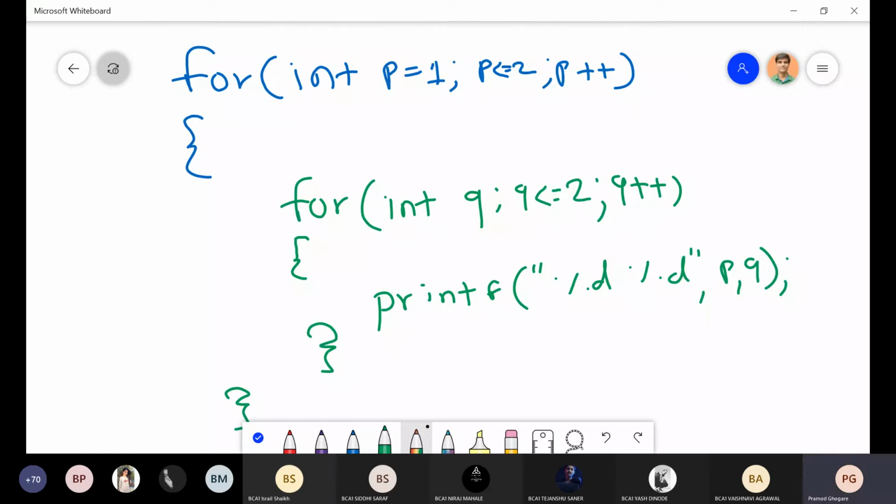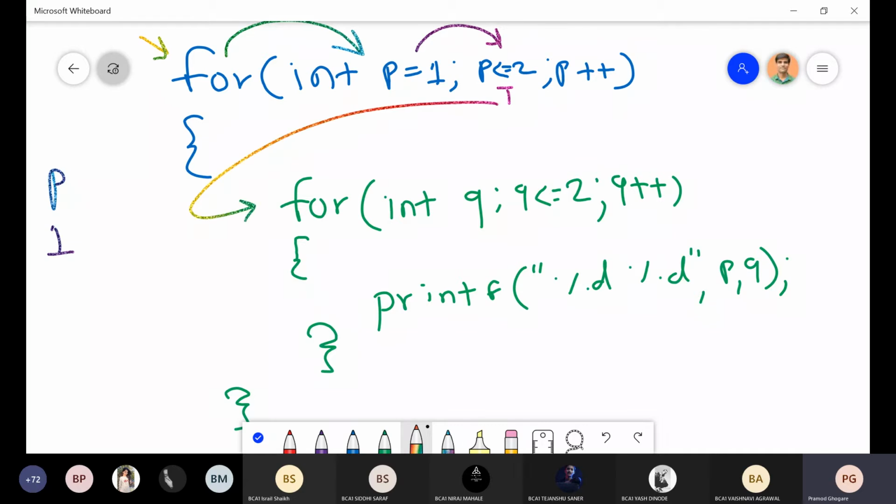Okay, now we'll try to execute this one. The table is important here. The control comes to the for. So for is a loop, so it will go to the initialization condition. The initialization condition executes only once. Okay, so it will create one variable, p's value is 1. Now it will come to the condition. 1 is less than 2, the condition is true, so it will enter into this for loop.